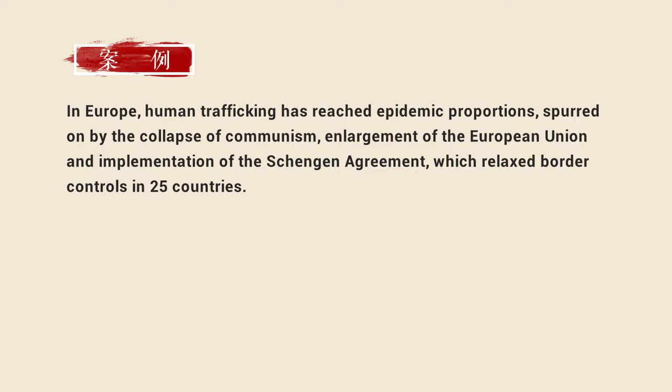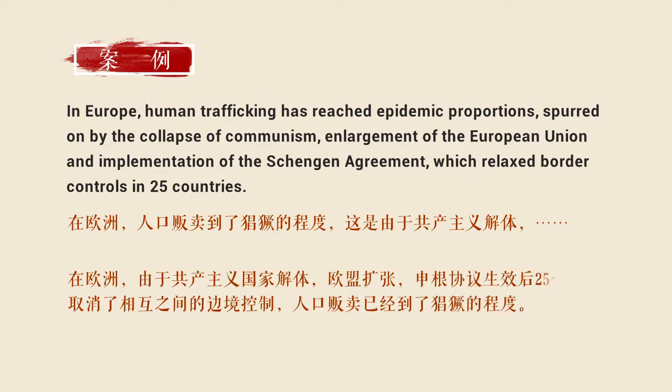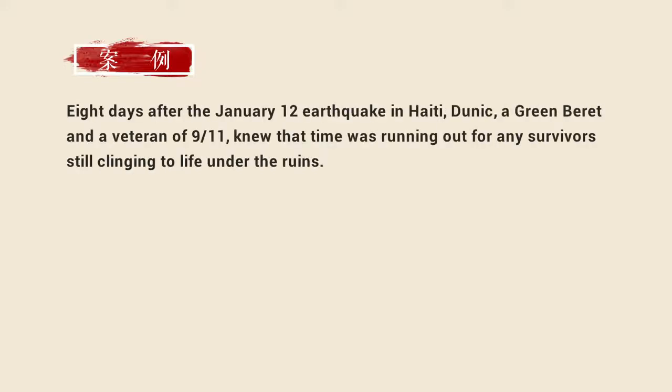We can keep the original word order and translate the sentence into 在欧洲，人口贩卖到了猖獗的程度，这是由于共产主义解体。We can also translate this sentence according to the Chinese habit. That is, we tell the causes first, and then the result. 在欧洲，由于共产主义国家解体，欧盟扩张，申根协议生效后，25个国家取消了相互之间的边境控制，人口贩卖已经到了猖獗的程度。The fifth example. 8 days after January 12th, earthquake in Haiti, Dunic, a green beret, and a veteran of 911,